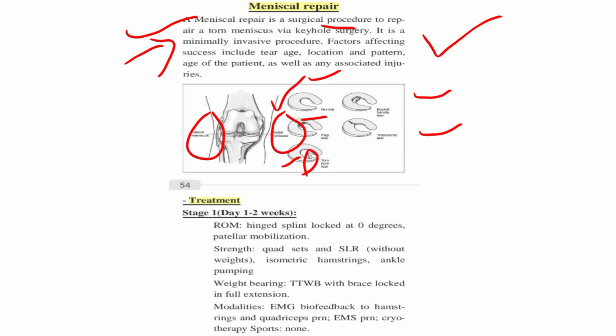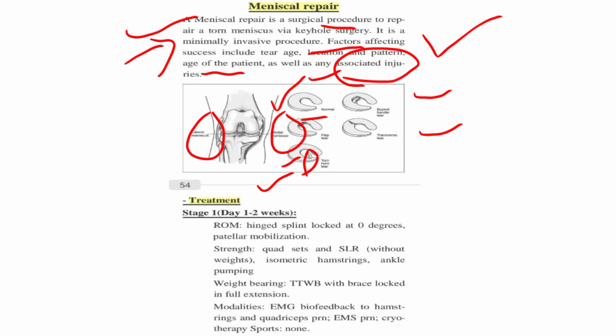Factors affecting the success of meniscus repair are tear age, location, pattern, age of the patient, as well as any associated injuries. Depending upon these factors, the meniscus repair is early or delayed. The treatment for this is in stage 1,